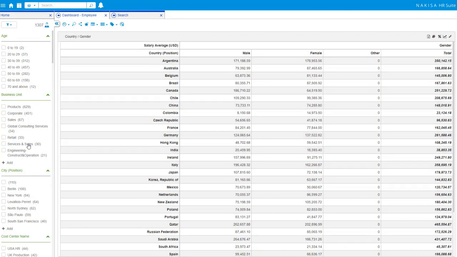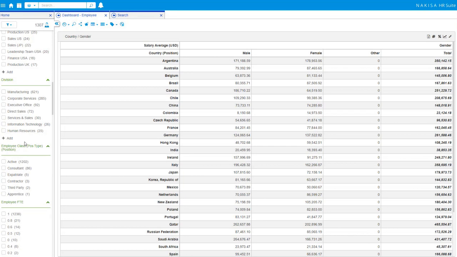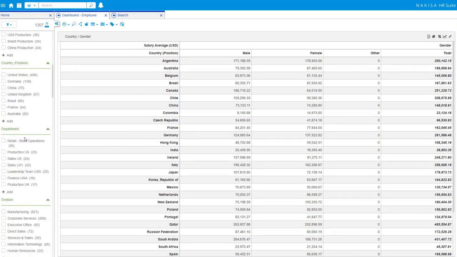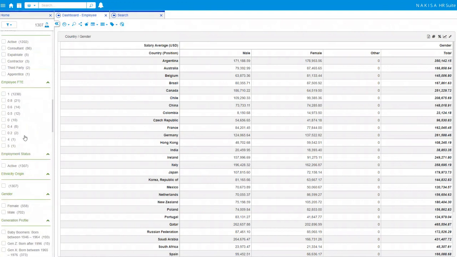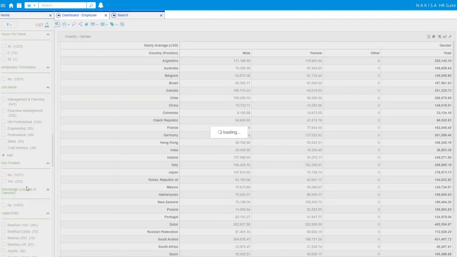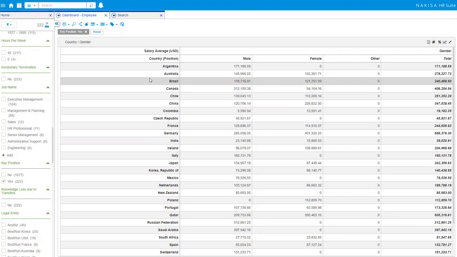And I will filter by key positions because the requirement is to filter this entire data set based on key positions and only key positions. So here on the left-hand side, I will look for key position equal yes, and you will see the information dynamically changes on the fly. Okay. I can take this report, export it to Excel, and that's it. I met the requirement from the business. I now have a report generated with a few clicks based on my gender pay gaps by country, and I can